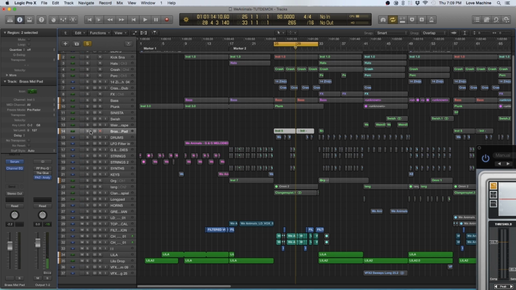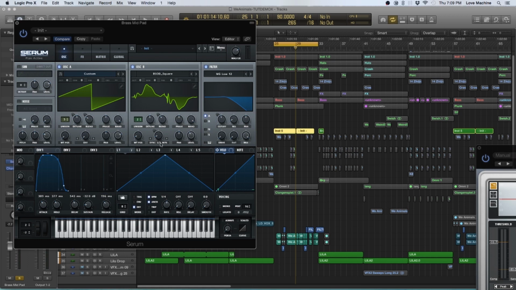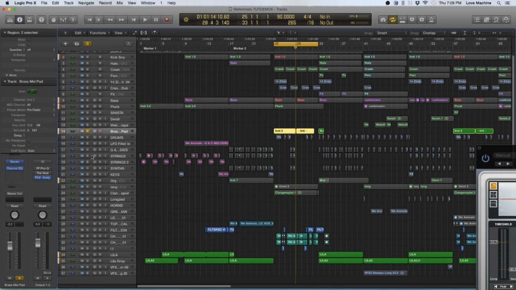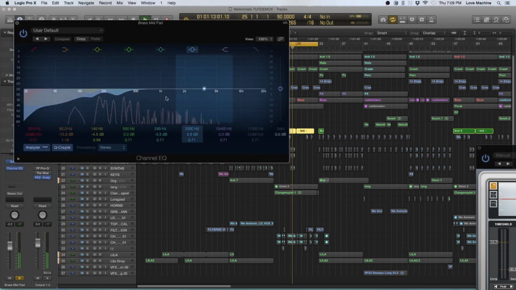I wanted to have a pad happening over top of the hook where she sings that, but I just didn't want it to sonically clash. So I made a Serum patch where the highs and the extreme sort of clashy part over the vocals are filtered out. There's some sort of distortion, compression, and basic stuff, but if you just listen to the pad on its own, it's quite dark sounding. If you look at its EQ, you can see there's really not much going on in the high end